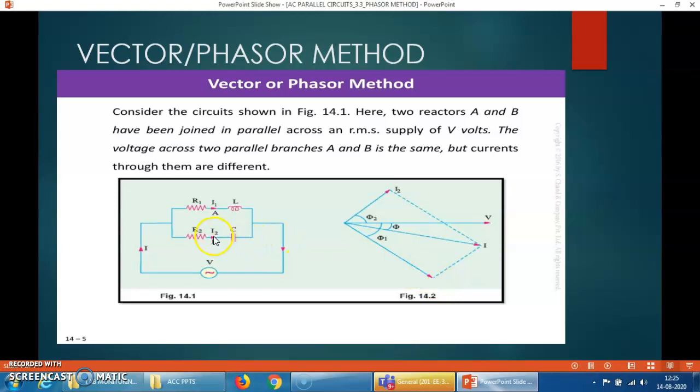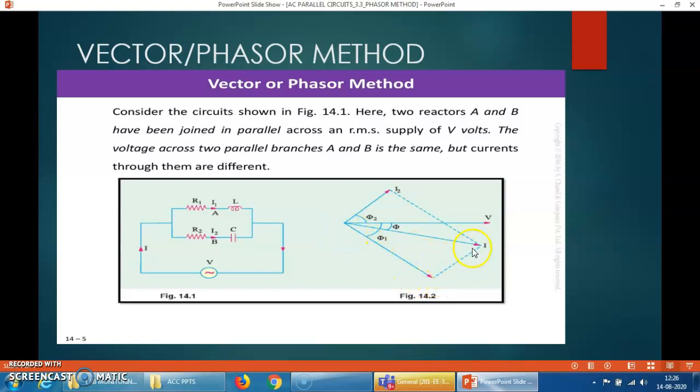Now I2 is the branch current flowing through R2 and C, where the resistor R2 and C are connected in series. When a capacitor is in a circuit, the current is always leading, so the current I2 leads the voltage by an angle phi 2, the angle between the voltage and the current. I2, the current through the RC branch, is leading, so it is shown in the first quadrant, and I1, the current through the RL branch, is lagging because of the inductor, so it is shown in the fourth quadrant.